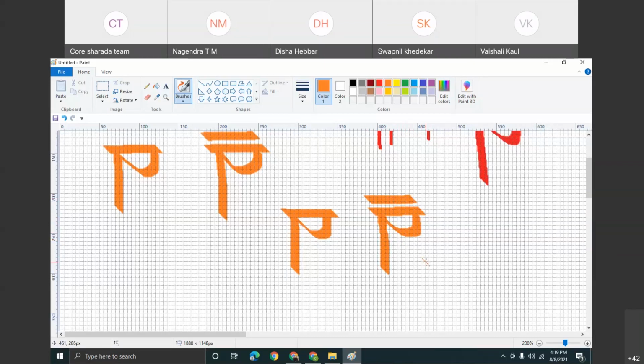This is I. Do not keep this line too short. What I mean to say, not like this, not just small, and not too long. That is also not correct. Uniform, approximately equivalent to what you have drawn below. Slightly lesser is acceptable. Slightly lesser is actually the correct way of representing it. So this is A and I.